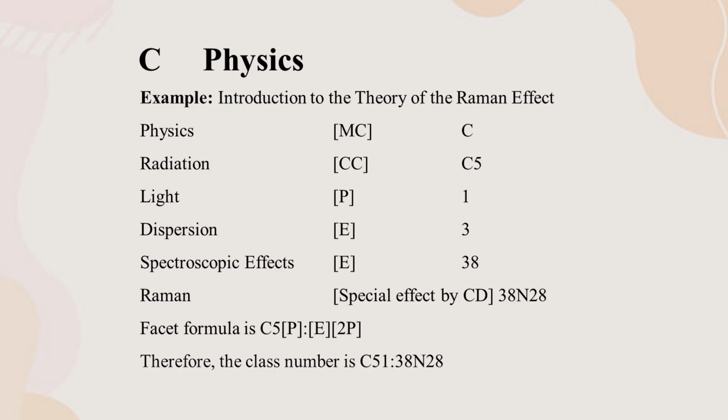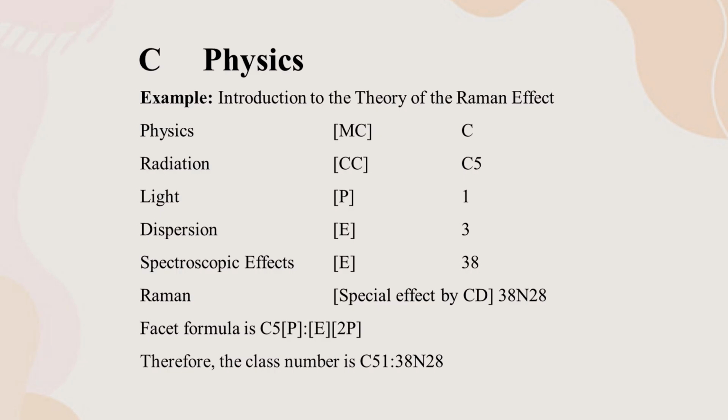Here the canonical class of physics is radiation, then in the personality facet we get light, and then in the energy facet we get dispersion. The energy facet is further sharpened by the special effect by chronological device, and the energy